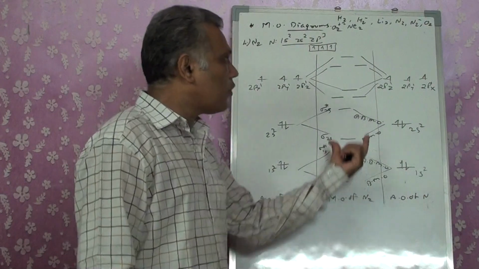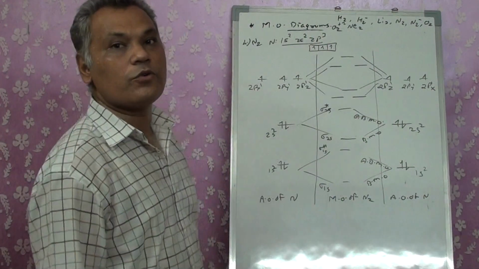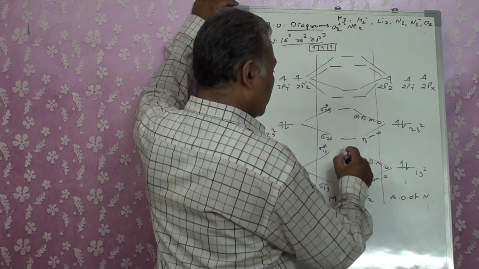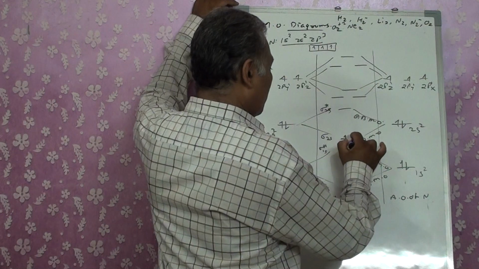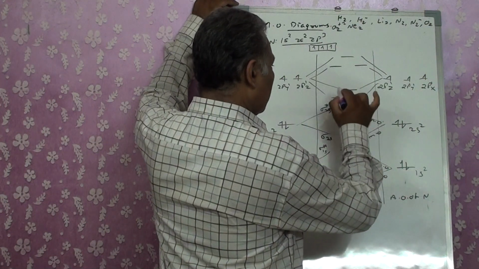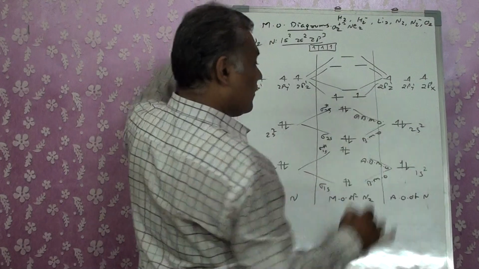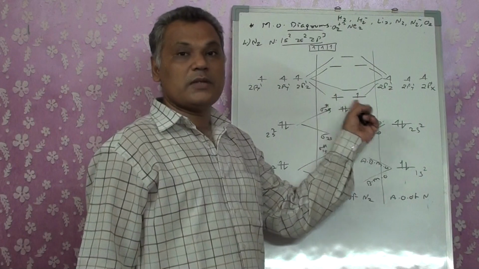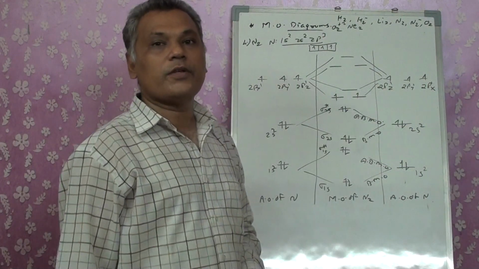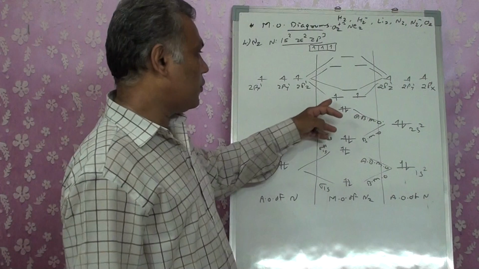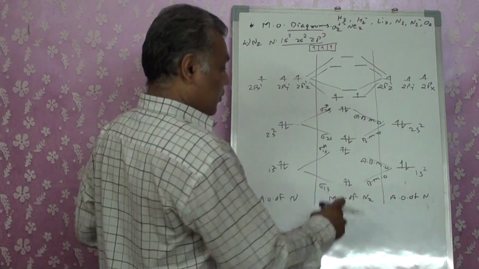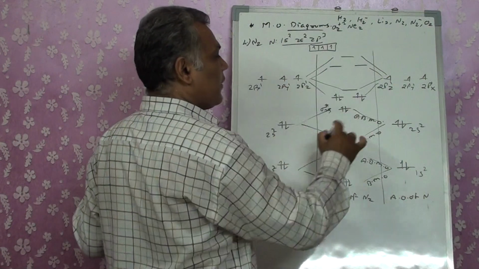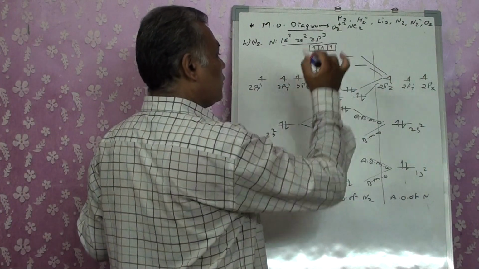So now in the molecular orbitals, from the lower energy, I will have to put 14 electrons. Now if I go on writing 1, 2, 3, 4, 5, 6, 7, 8, 9, 10, because Hund's rule says that if the electrons are in equal energy orbitals, they should enter with a parallel spin. So this one will become 2, 4, 6, 8, 10, 11, 12. Then pairing takes place: 13, 14.